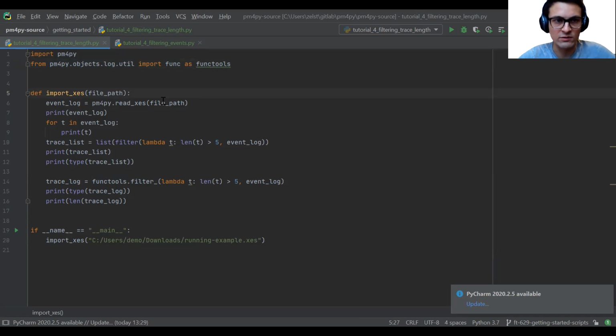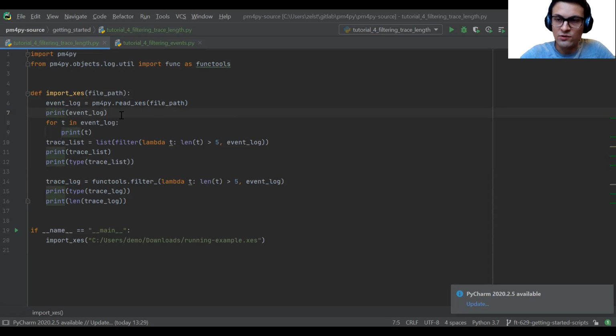Okay, what do I mean with that? I will explain it. So in line 6 of this script, we import an event log by applying the read XES functionality on the basis of our running example. And in this fairly simple script, I just want to apply a Lambda function on the traces. So not on the events that are in the traces, I want to basically treat the trace objects as the primary input for my Lambda functions, and not the events in traces, but just traces. All right, so